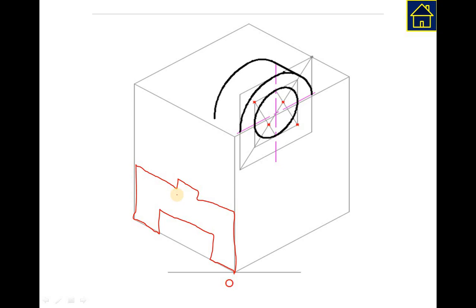So you will see this kind of section, and it is visible with the clear image like this.